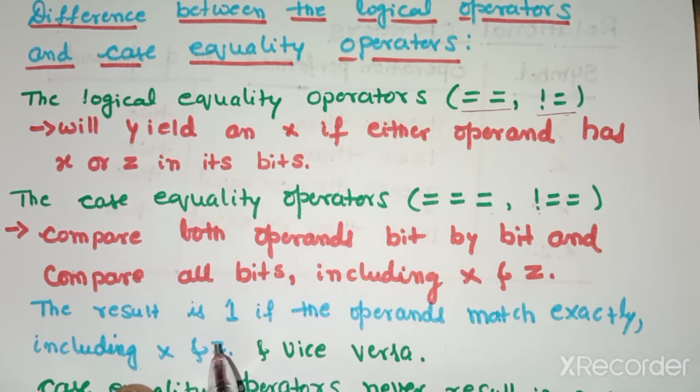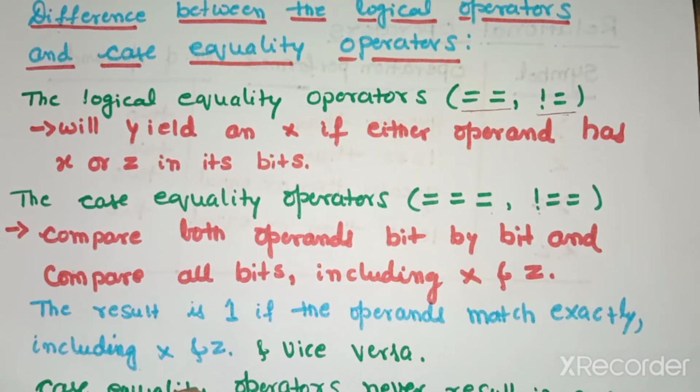Okay, here what happens? Each operand is going to check bit by bit including x. If a is equal to 1xxx and similarly b is also equal to 1xxx, then its answer is 1 because both the operands are same. In the same way, what happens if I have taken a is equal to 10xx, b is equal to 1xxx? These two bits are not same, then its answer is 0.